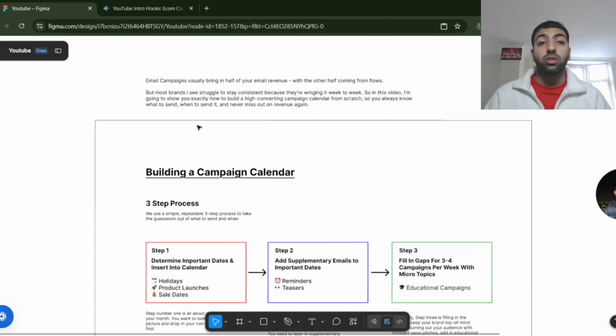Email campaigns should usually bring in half of your email revenue, with the other half coming from flows. But most brands that I see struggle to stay consistent with this because they're winging it week to week. So in this video, I'm going to show you exactly how to build a high converting email campaign calendar from scratch, so you always know what to send and when to send it, so you never miss out on campaign